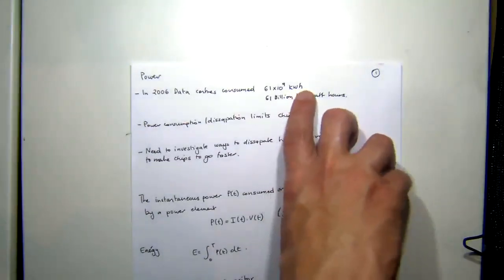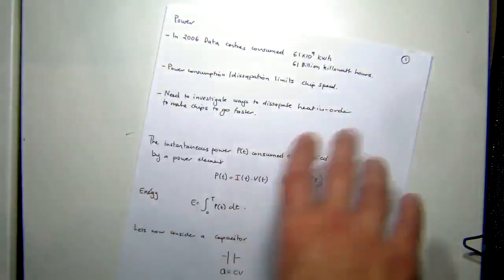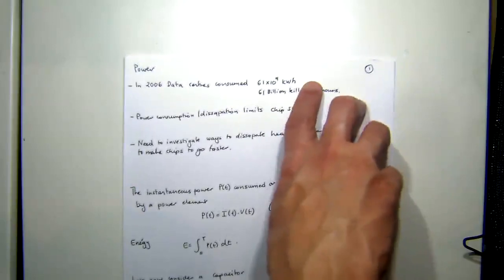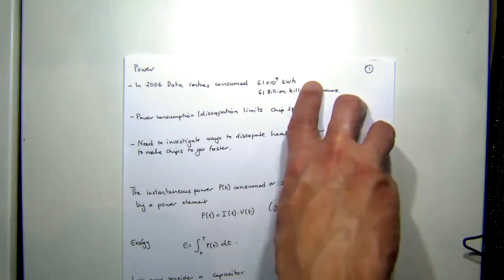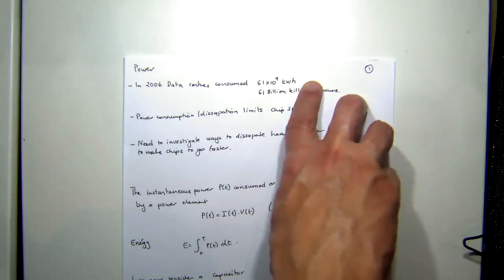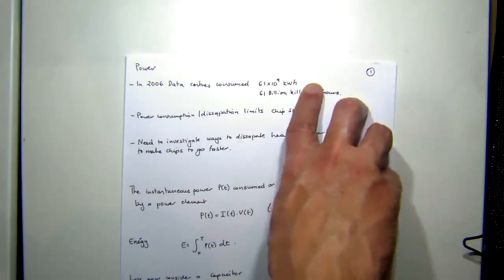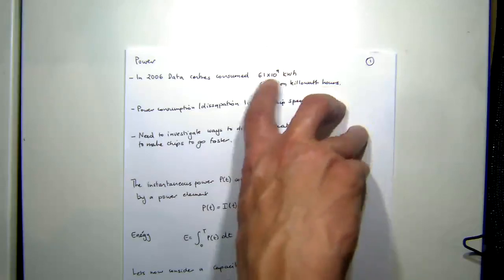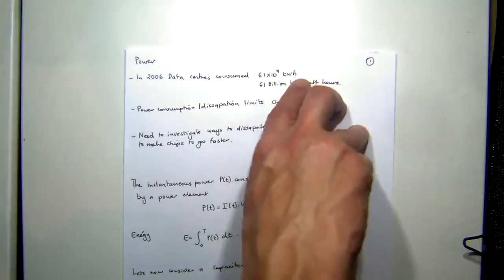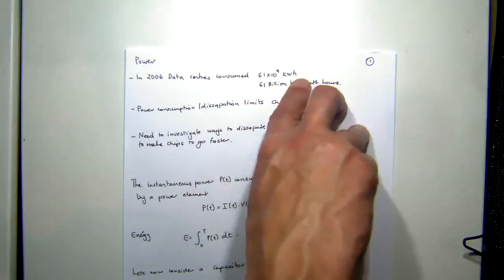I've taken this out of a textbook that I'm using, but it's just daunting to start seeing the amount of power that's actually consumed in the data centers. In 2006, and I'm sure this is probably 10 times this at the moment, 61 billion kilowatt hours was used in data centers around the world. Just phenomenal,